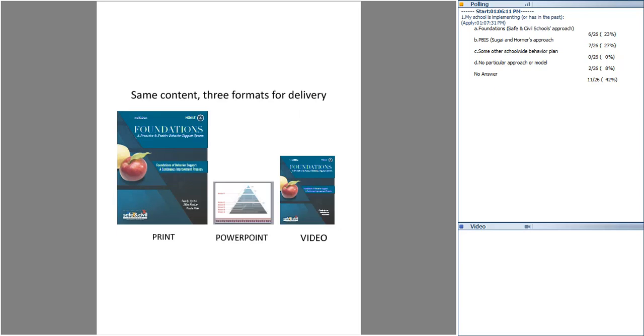But continuing this process of just trying to give you a sense of the wealth of what is there in terms of the Foundations product itself, each of the 6 modules, A through F, has 8 copies of the print material, which is over a 200-page book for each. Each of those books has the CD in it, which also contains PowerPoints of all of the content that's presented